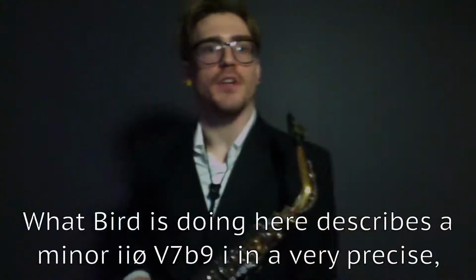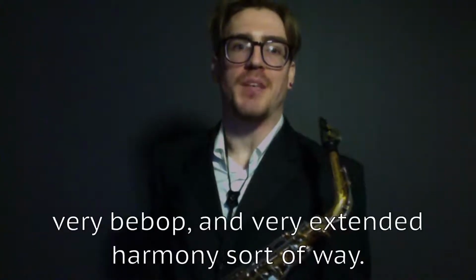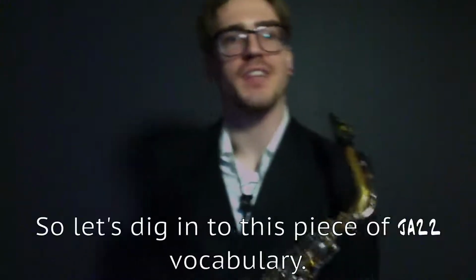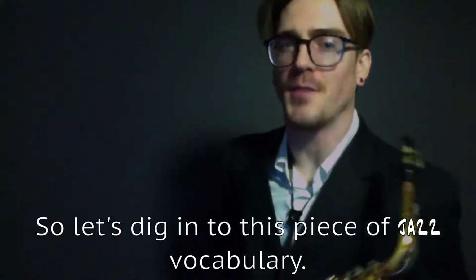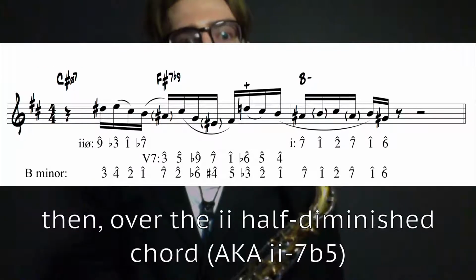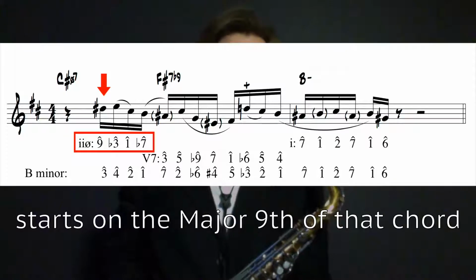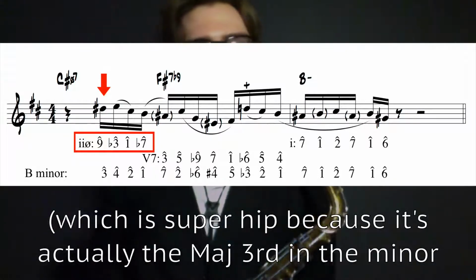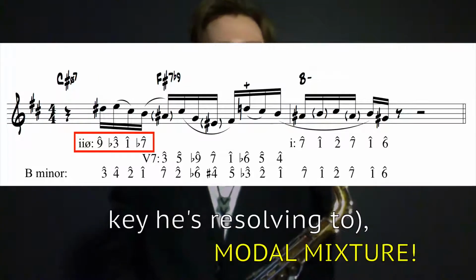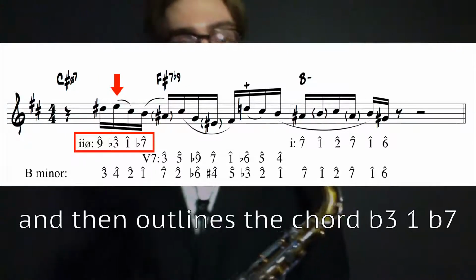What Bird is doing here describes a minor 2-5-1 in a very precise, very bebop, and very extended harmony sort of way. So let's dig into this piece of jazz vocabulary. Bird starts with a beat of rest, then over the 2 half diminished chord starts on the major ninth of that chord, which is super hip because it's actually the major third in the minor key he's resolving to. Goes up to the minor third of that chord, and then outlines the chord